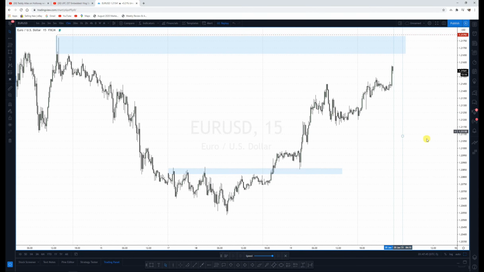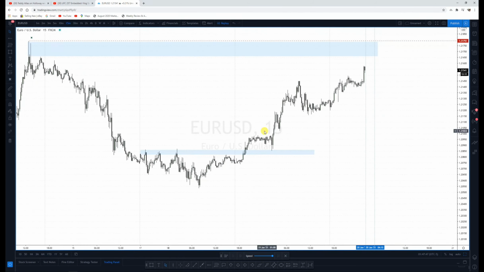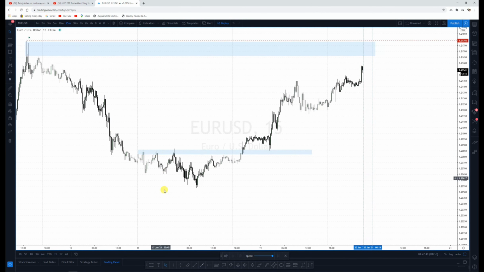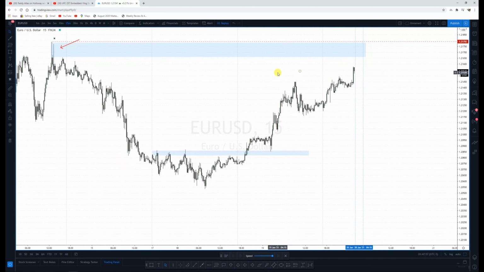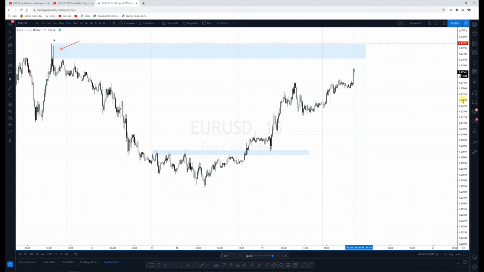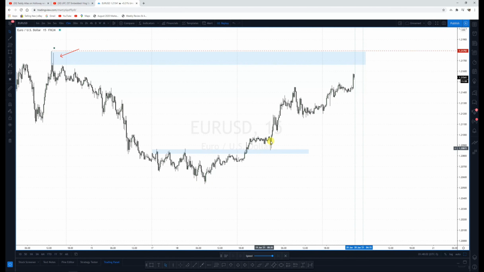So pretty much on this chart right here, I was aiming for this area right here, because Euro's been trending kind of bullish on the week. This is Monday, Tuesday, Wednesday, and as we can see, the market has been clearly on a bullish trend. We recently had like an intraday structure in here where the market was making higher highs, higher lows, price came